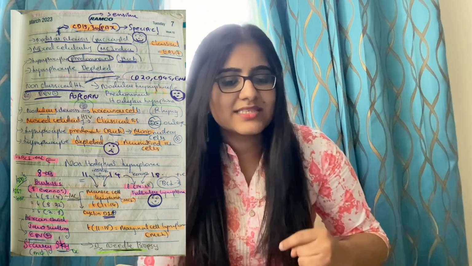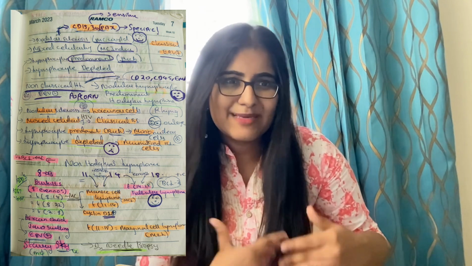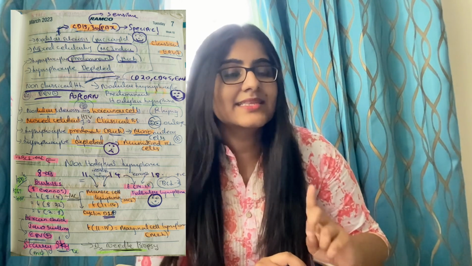And also you should remember lymphocyte predominant: predominant means rich, so rich people will be alone at last, so it will be mononuclear cells. And lymphocyte depleted means something depleted, less, dead kind of thing, so it will be mummified. You can remember it like that: mummified Reed-Sternberg cells for lymphocyte depleted. Then remember the rhyming one, nodular lacunar, that is the most common in the world, okay. And for nodular sclerosis, you need to remember the markers, that is CD15 and CD30 and PAX.